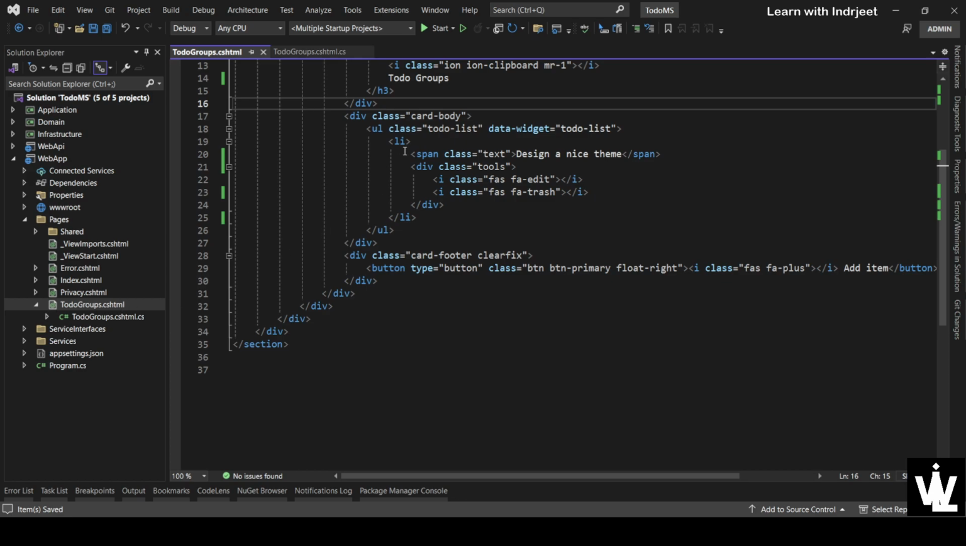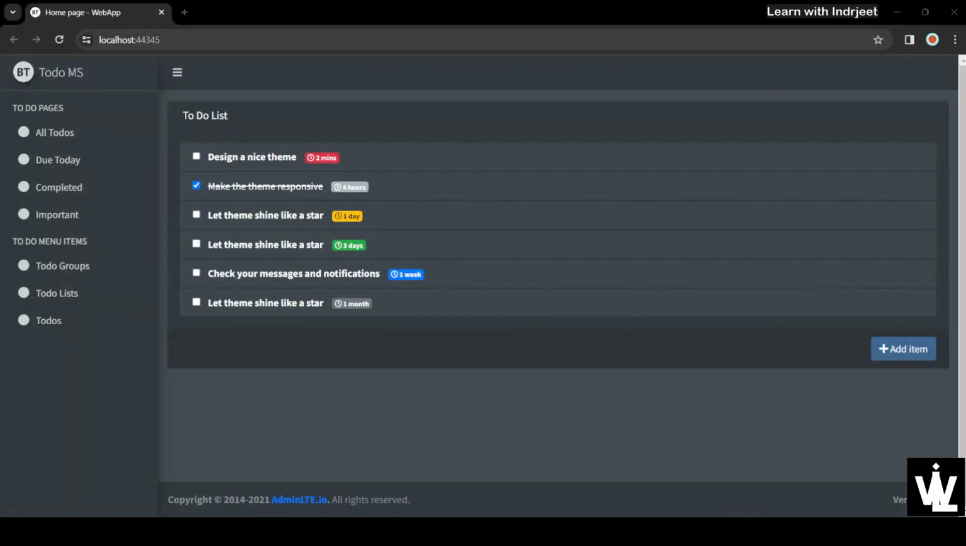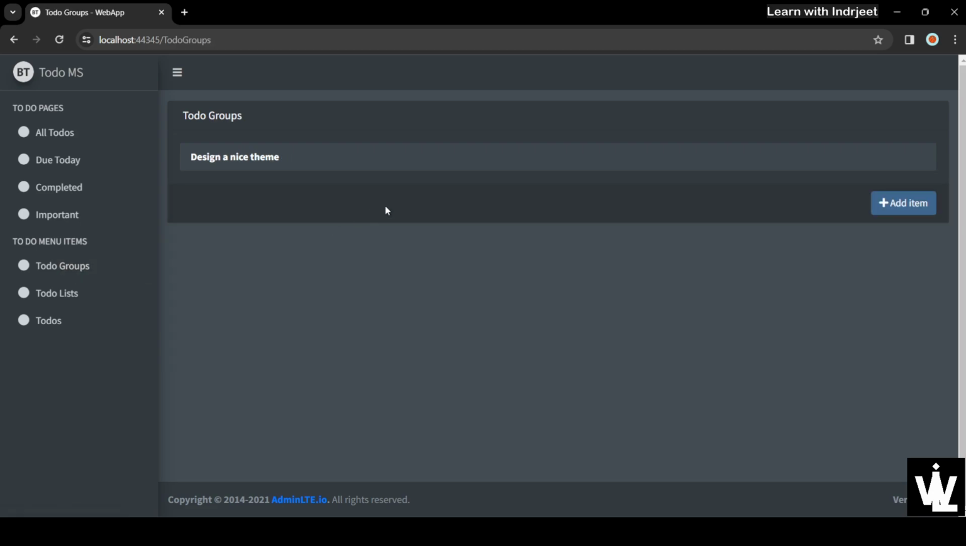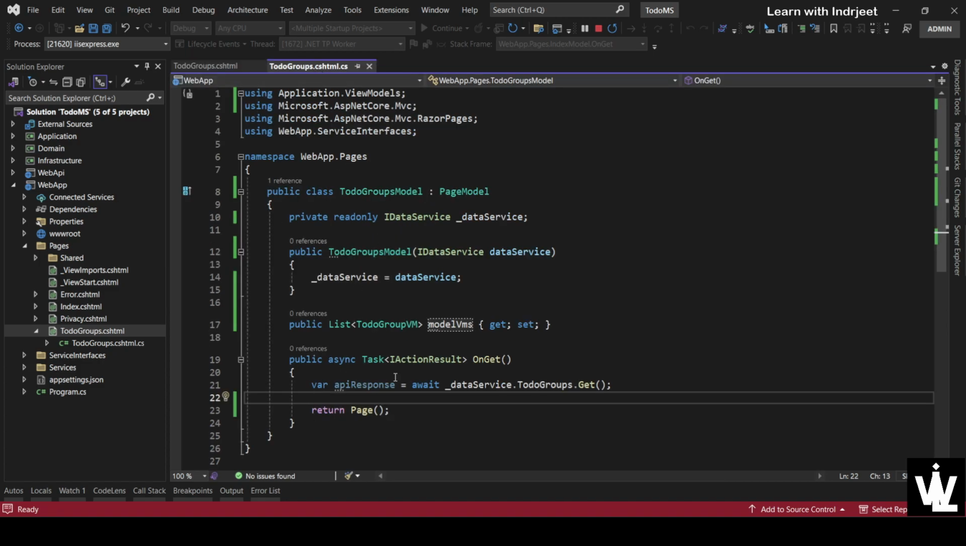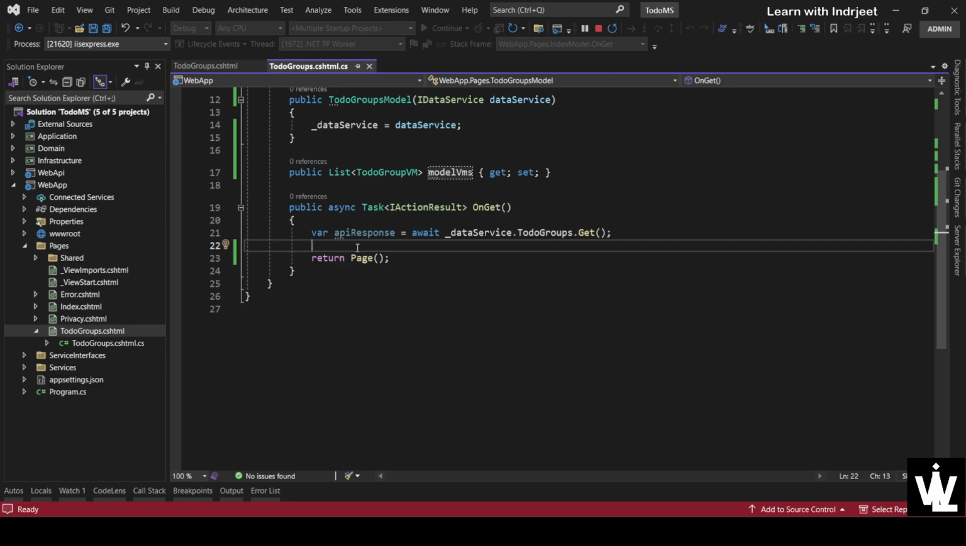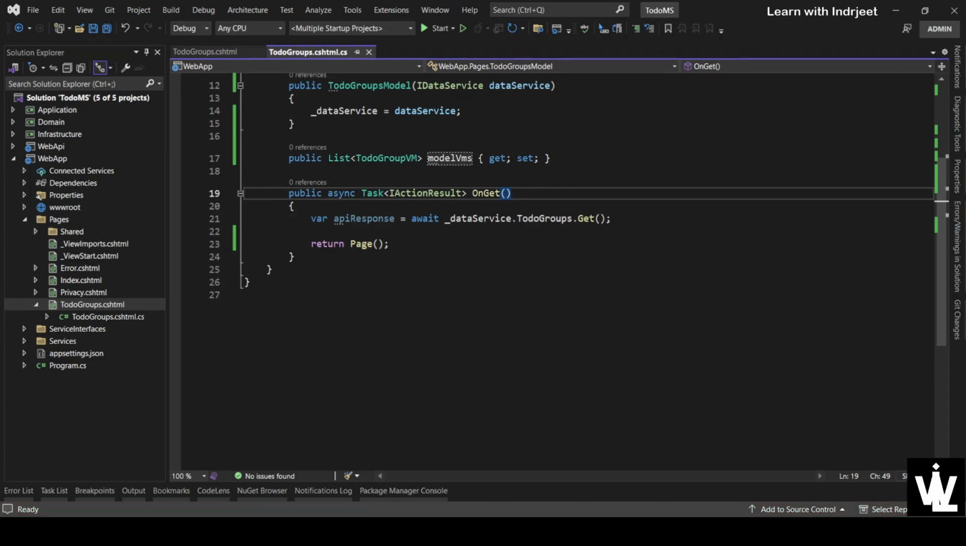let's see how it looks like on the front end. Okay, so F5 to start the application. Here it is. Let's click on to-do groups and see we have a static item there. Design a nice theme that is coming from this markup. Okay, we'll make it dynamic by handling the API response in the OnGet method. Okay, so let's stop the application